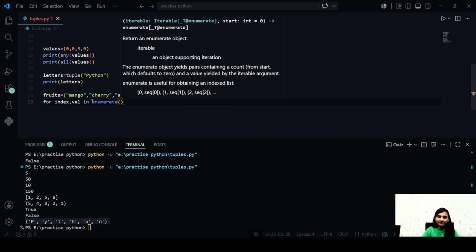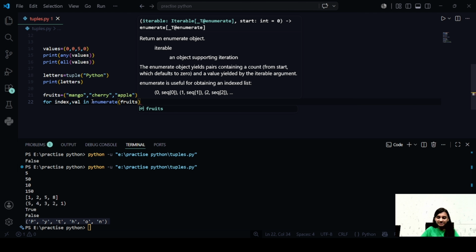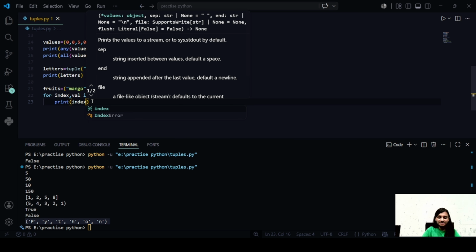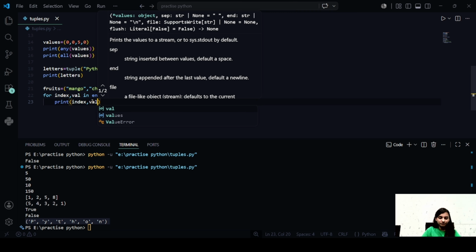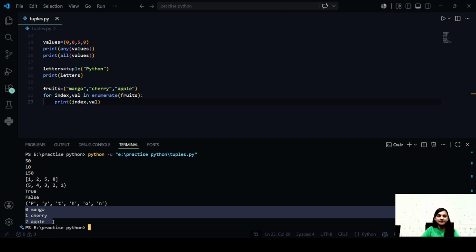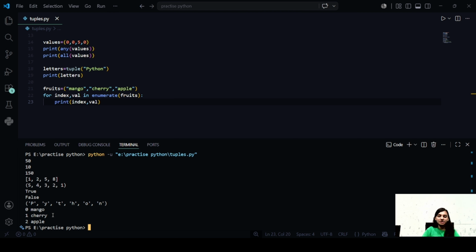So enumerate function returns an enumerate object. So for that reason, we are using the for loop. And now let us try to print the index and the value. So we get the values along with the index. So mango is at index number 0, cherry at index number 1 and apple at index number 2 in the tuple which is fruits.